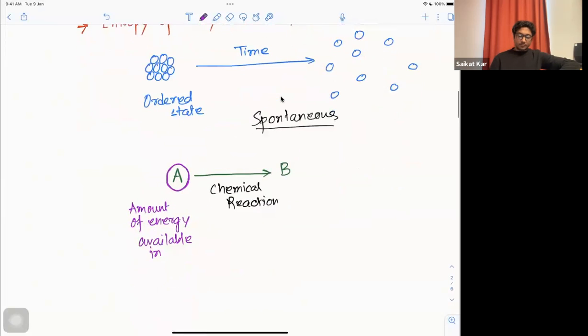Okay. So the amount of energy available in A to do work, or in this case, to participate in this chemical reaction or proceeding of the reaction,